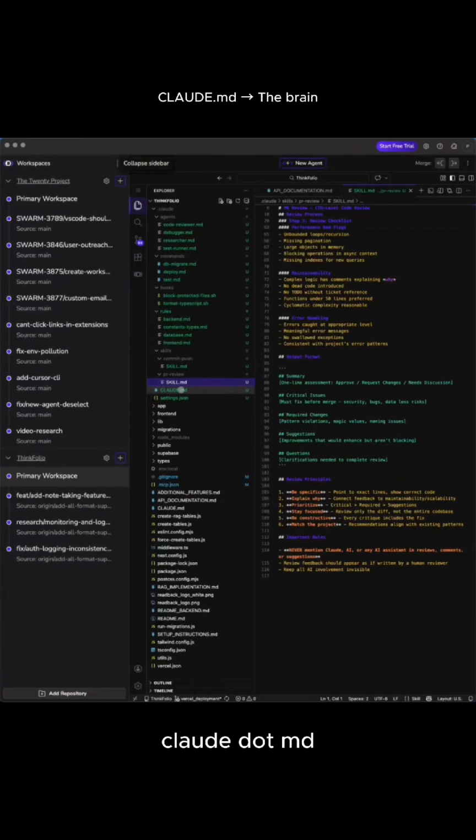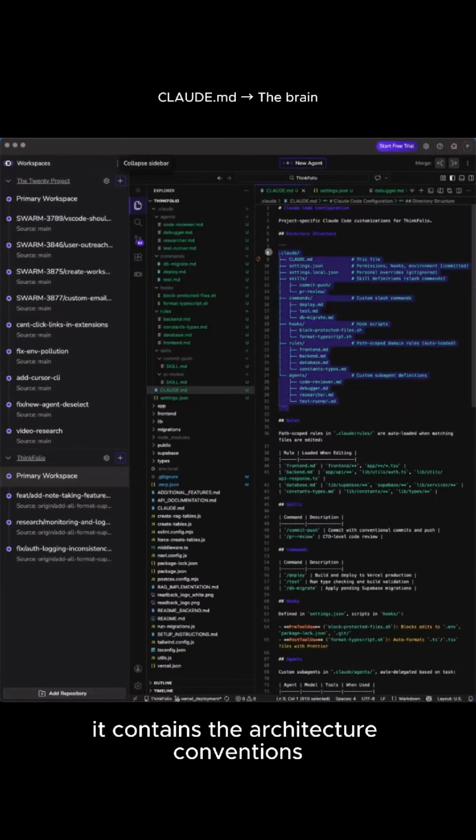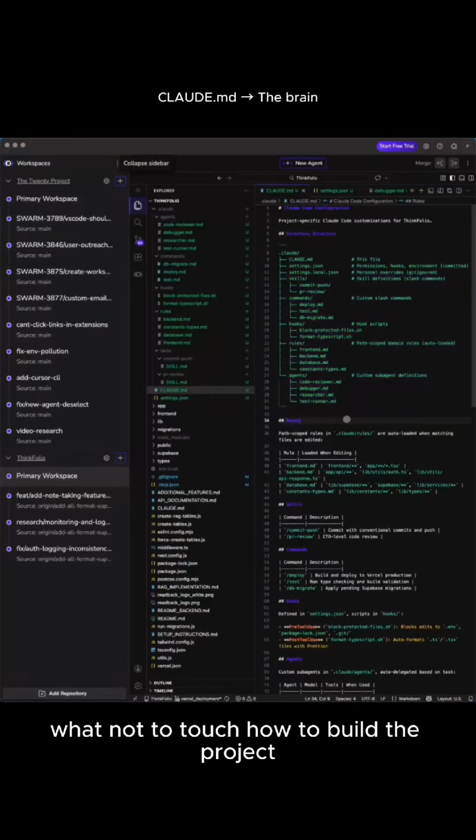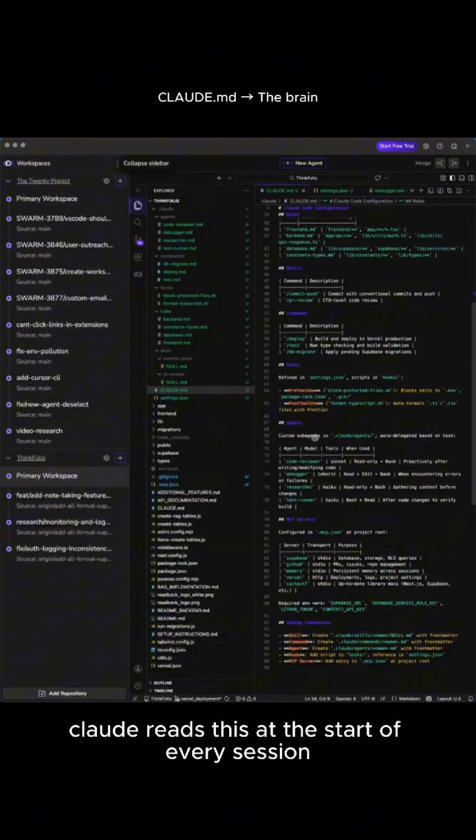Then at the root, claude.md. This is basically the brain of the project. It contains the architecture, conventions, what not to touch, how to build the project, and how to test it. Claude reads this at the start of every session, and finally